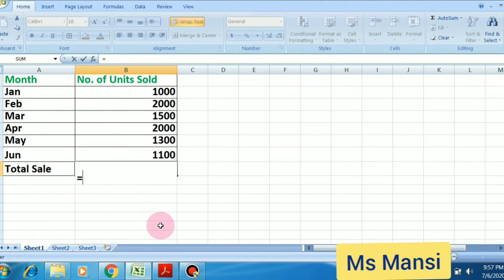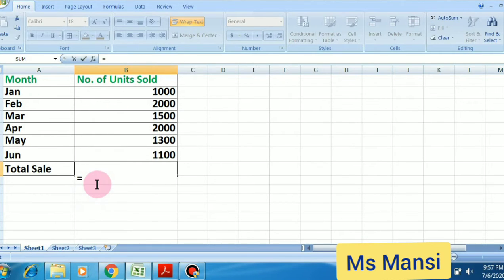We have to add all these values in the particular cell. Now tell me, 1000 is in which cell address?